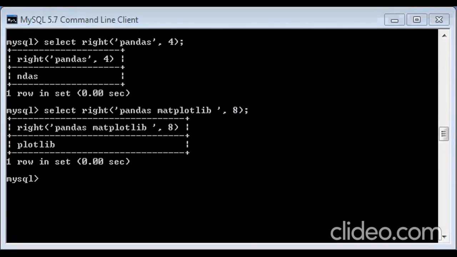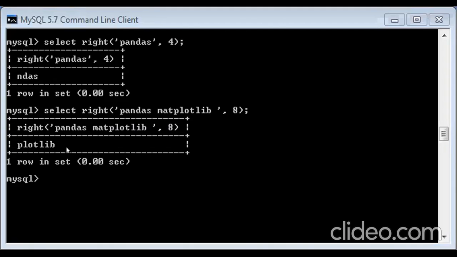And we were doing it from the right-hand side. So it has counted all the characters. How are the characters calculated? Taking it from 1, 2, 3, 4, 5, 6, and 7. Now see, I have left one space over here. So that space has been counted as 1. So 1, 2, 3, 4, 5, 6, 7, and 8. So that's why the output was plotlib. Understood? So they are counting the space also.